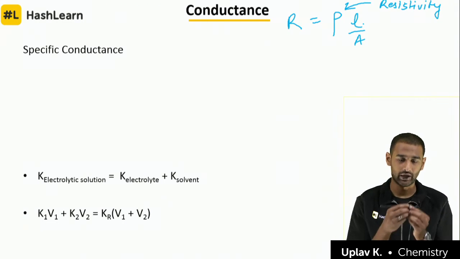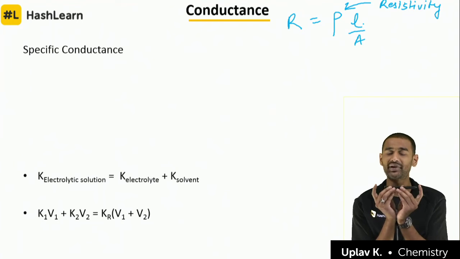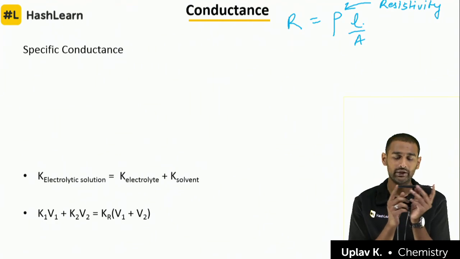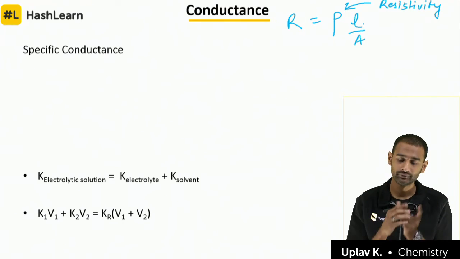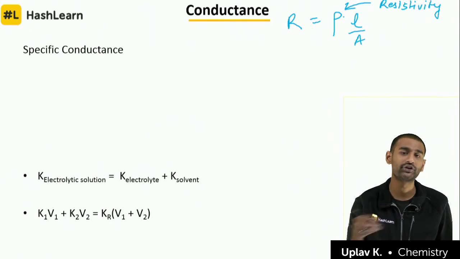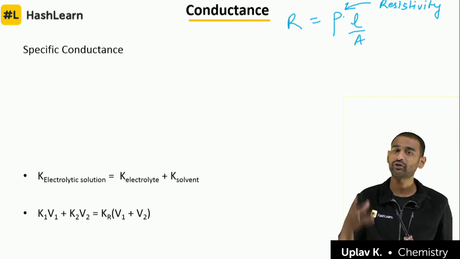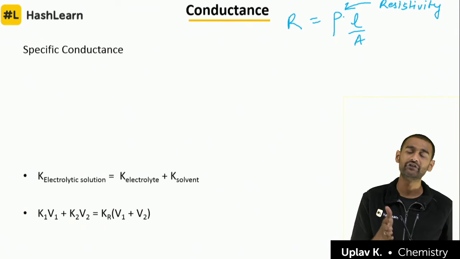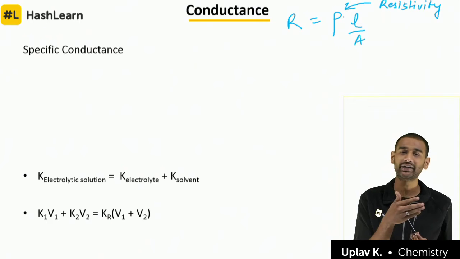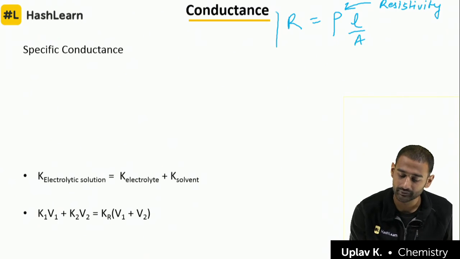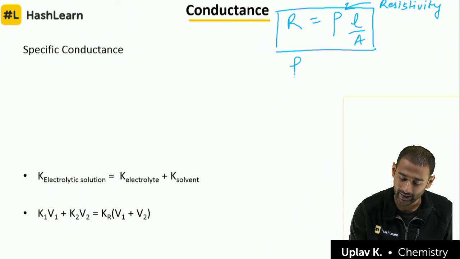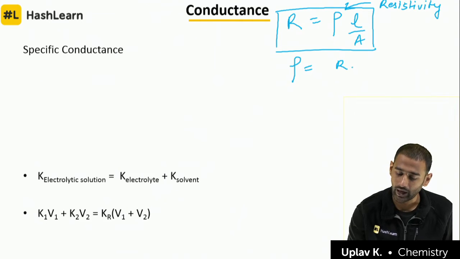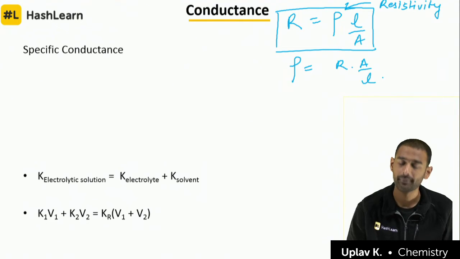Now if I have, अगर मैं देखना चाहूँगा इन दोनों बीच में resistance कितना है, तो suppose that comes x. If I increase the length, can I say that it will face more obstacle now? So that is why R is directly proportional to L. If you increase the cross section, the resistance that you will feel will be less because of ज़्यादा area जाने के लिए. So that is the relationship between resistance and resistivity. Okay, so I can write this as rho is equal to R into A by L, right?